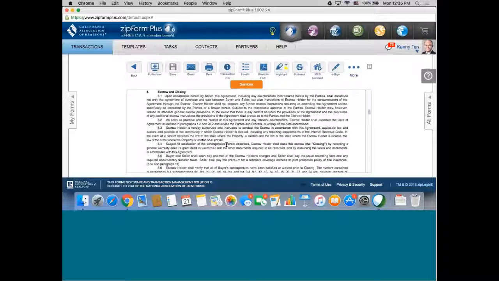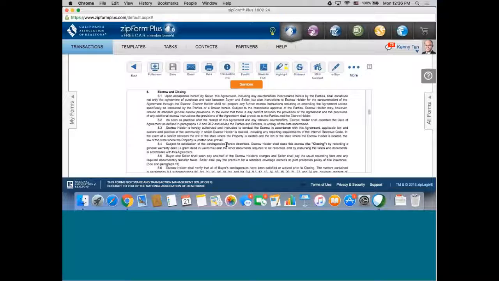If they do not hear from the buyer after 45 days, then they are going to close escrow in 50 days for this transaction. They don't even have to check with either agent because in the AIR form, contingencies are